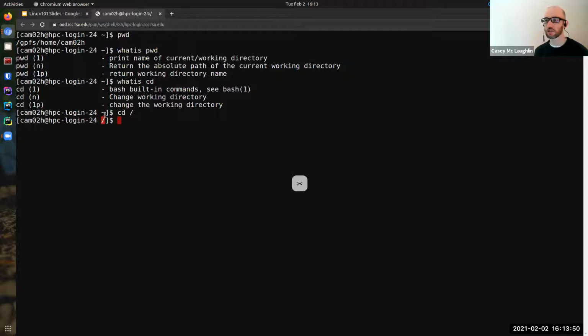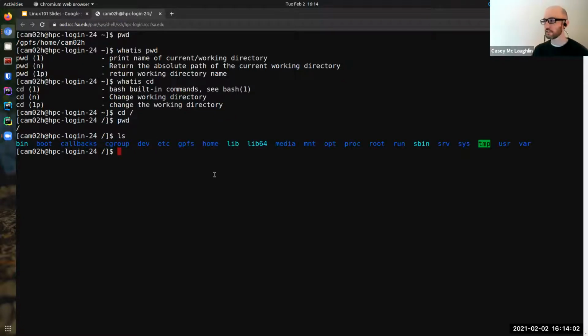No longer does it have this tilde, but it has the /. And then I type in pwd, and let's do a listing of this directory. You see that it's the same as if I provided an argument at the end of the command. It produces the same output.